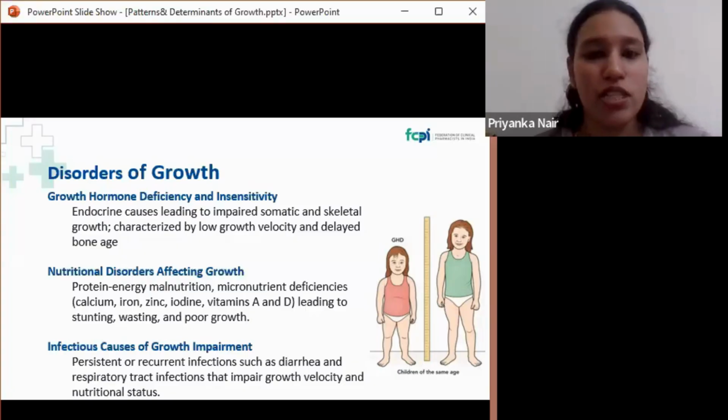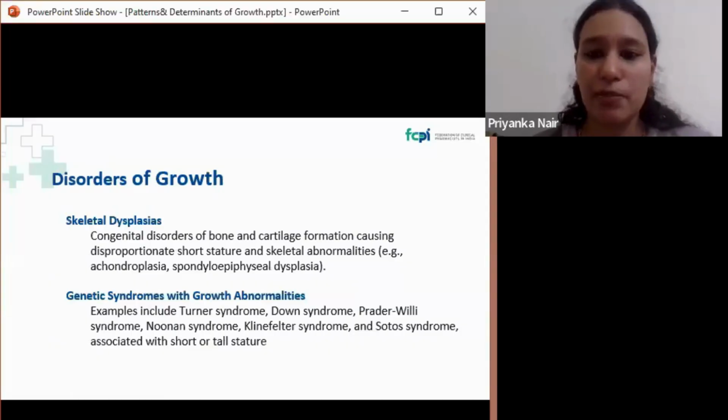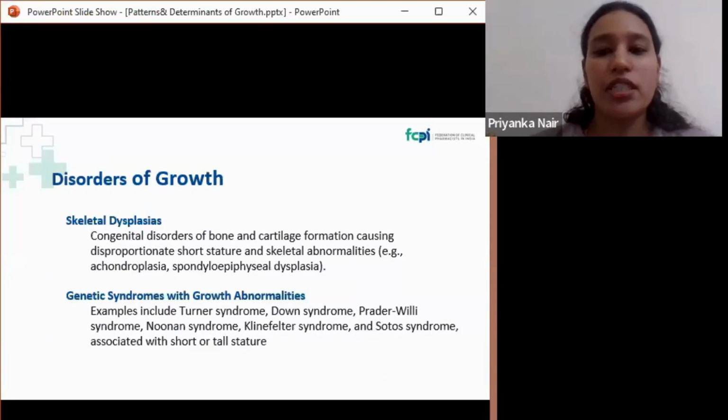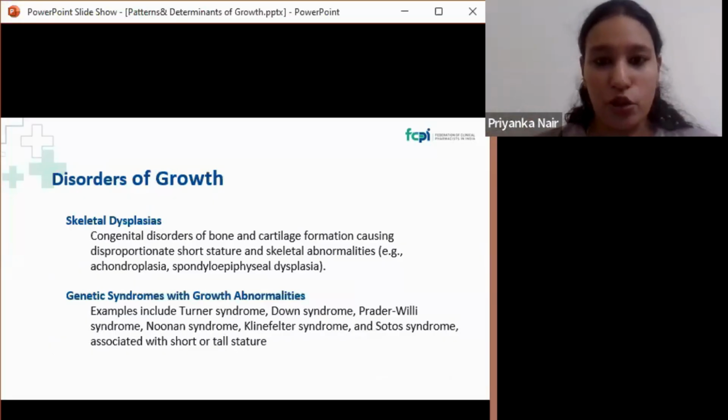Then there are infectious causes, as mentioned earlier, that is recurrent infections will impair growth velocity and nutritional status. Then there is skeletal dysplasia. That is the congenital disorders of bone and cartilage formation causing disproportionate short stature and skeletal abnormalities. Then we have genetic syndromes that include Turner syndrome, Down syndrome associated with short stature, and Sotos and Klinefelter associated